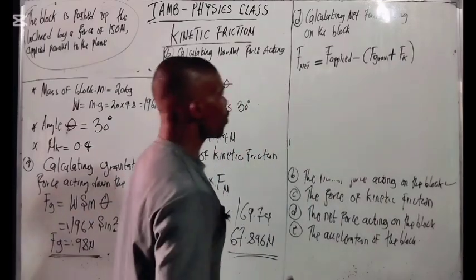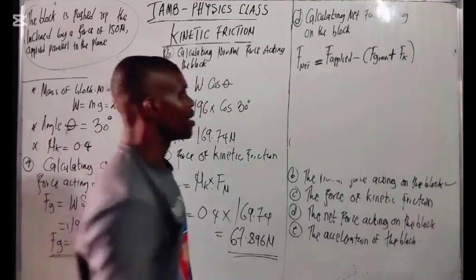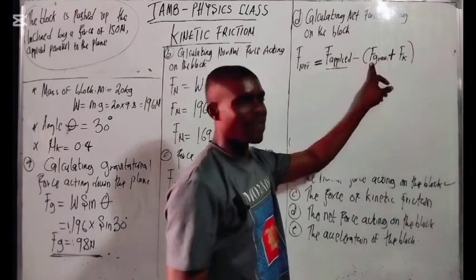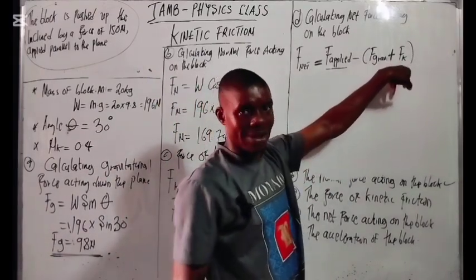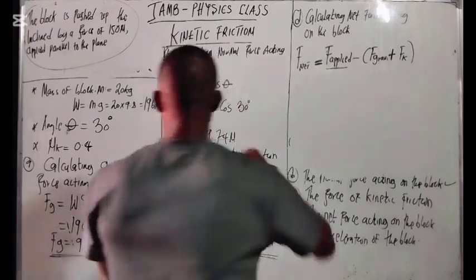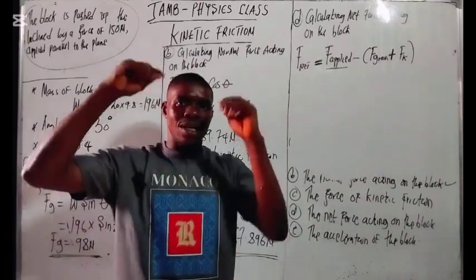Do you understand? So if you want to calculate the net force, it's very easy. The force applied minus the gravitational force we have calculated plus the kinetic friction we have calculated. Do you understand? That's how you get your net force that acts on the object,